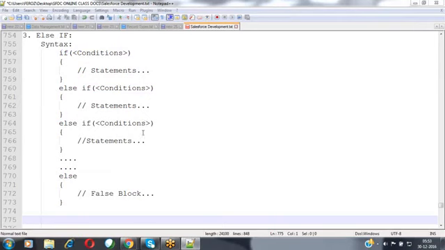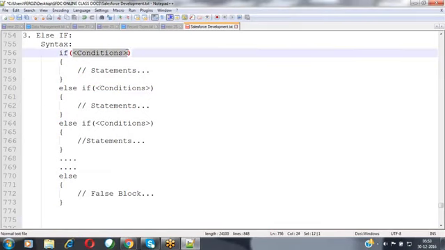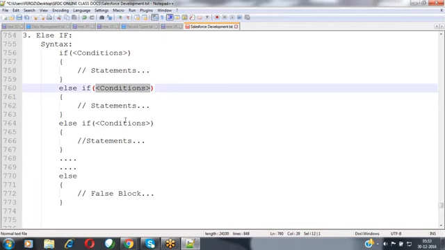Now let's see here. As of now, we are adding only one condition, but I would like to add multiple conditions over here.